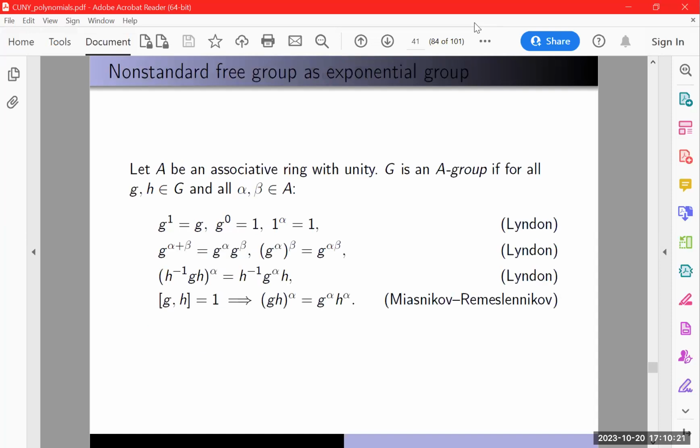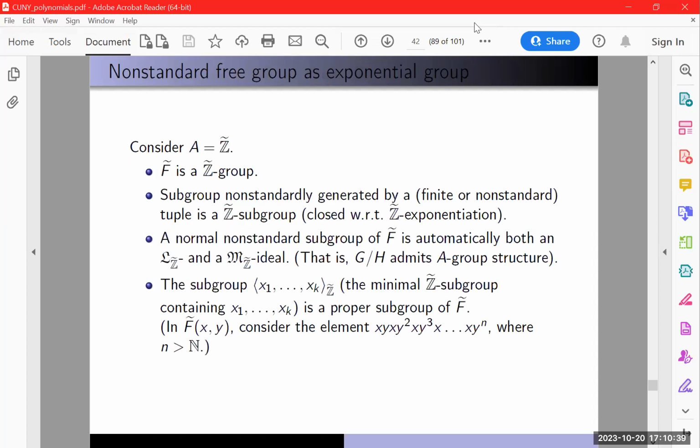Okay, so there are 5 minutes left, but I have to choose here. I can either talk about exponential groups or about the ultrafilter thing. I'll skip over the exponential groups because, the short version is that if you have been to these 2 talks by Alexei, then there is this notion of an exponential group where you basically take your group and try to figure out what happens if you allow